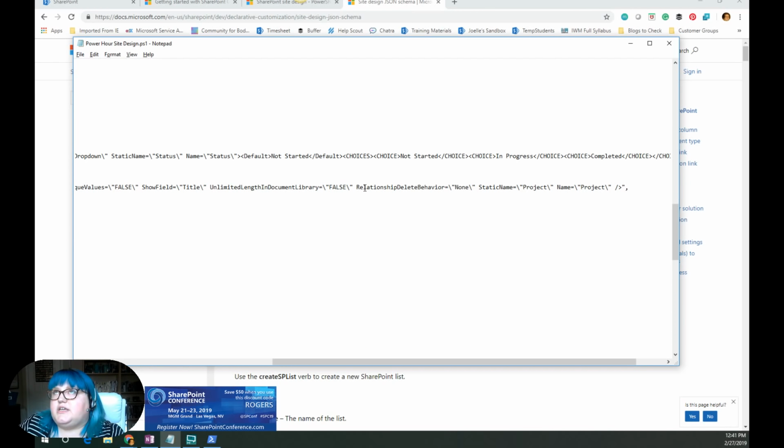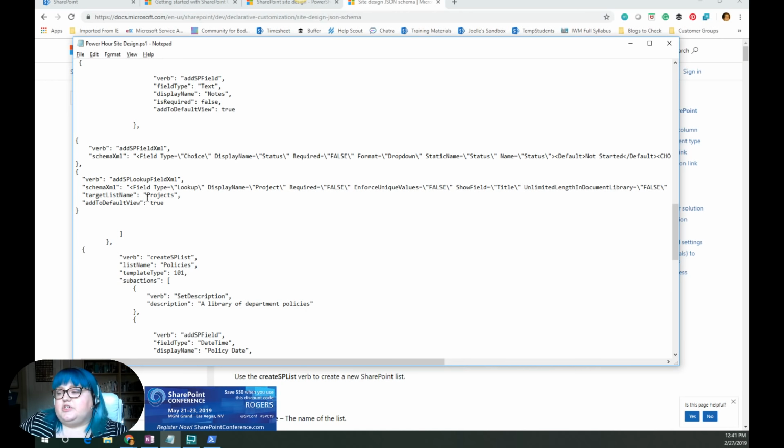And then it goes through the choices, so it was not started, in progress, and completed. And then that creates that field and gives me those choices. And then next, that's the end of that one. The next thing it does is it creates a task list. It does a description, it adds some fields, just as we talked about, another choice field, and then it does